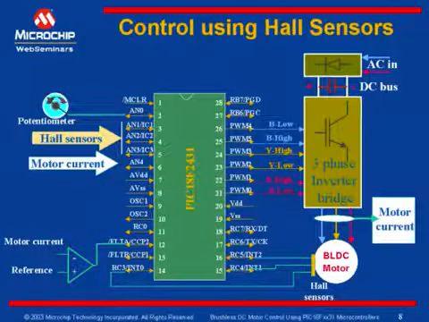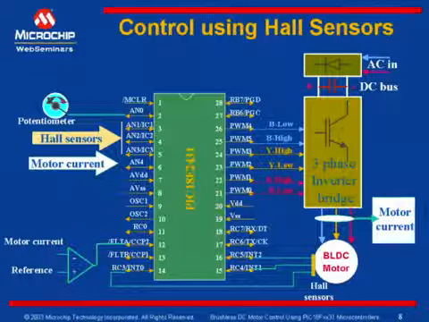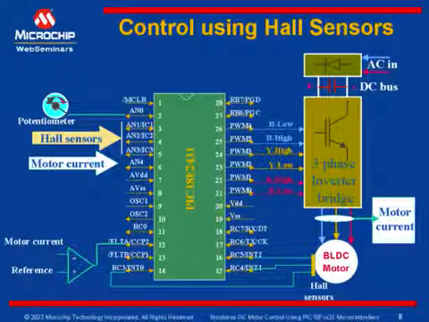Let us see how we can interface a PIC18Fxxx31 to control a brushless DC motor. This slide shows the hardware interface used for controlling a brushless DC motor. PWM 0 to PWM 5 here control 6 power switches connected to make a 3-phase inverter bridge, as we have seen earlier. DC supply to the inverter bridge can be derived either from a DC power supply or power source,